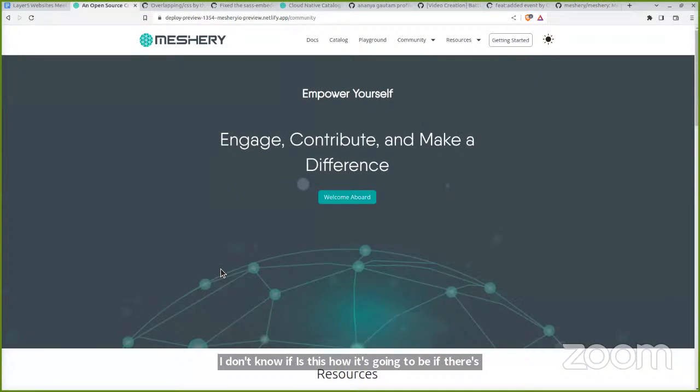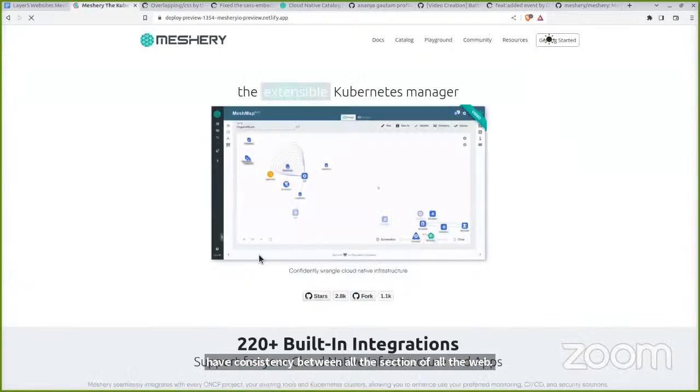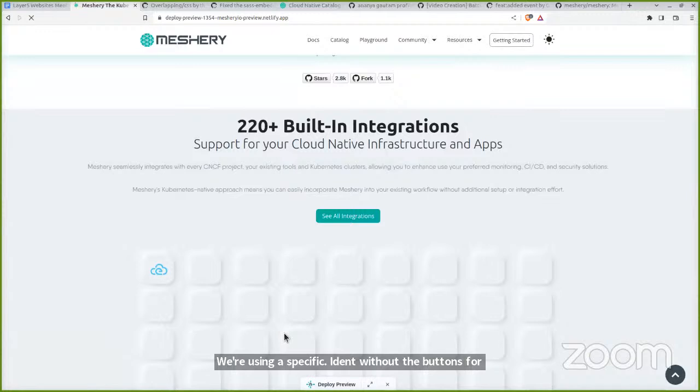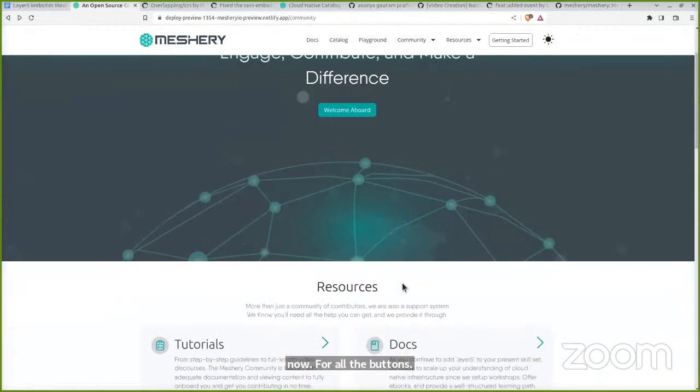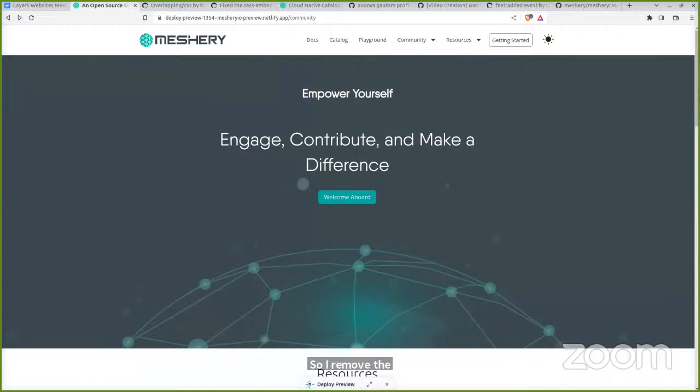Yeah, regarding the buttons, I updated the button size to have consistency between the sections of the whole website. We are using a specific height and width for all the buttons for now. So I removed the separate styles for them and updated them to be consistent.